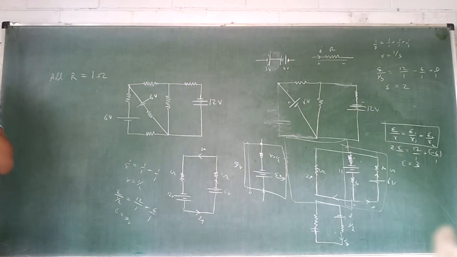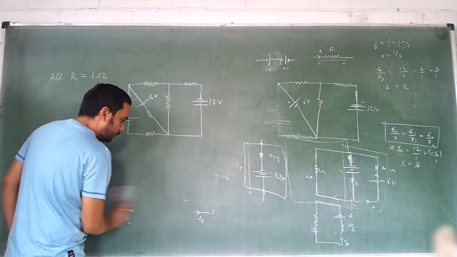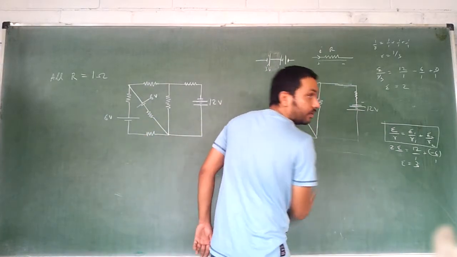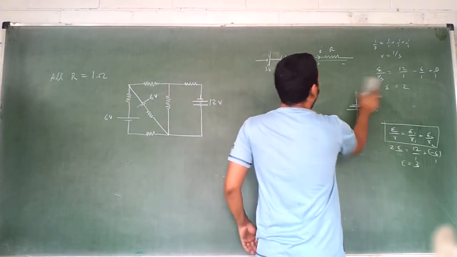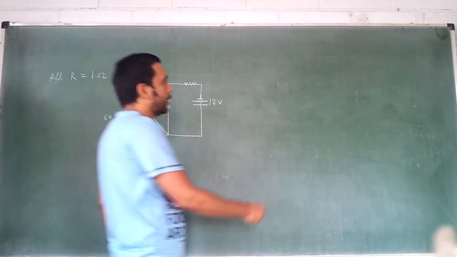Get the point? So where you don't have a battery also, you can imagine the battery and apply the formula to make your circuits simpler. Is it clear? So this is very, very handy and you have to understand it. Someone asks: how do you know the unit equivalent resistance thing? What he is saying is,